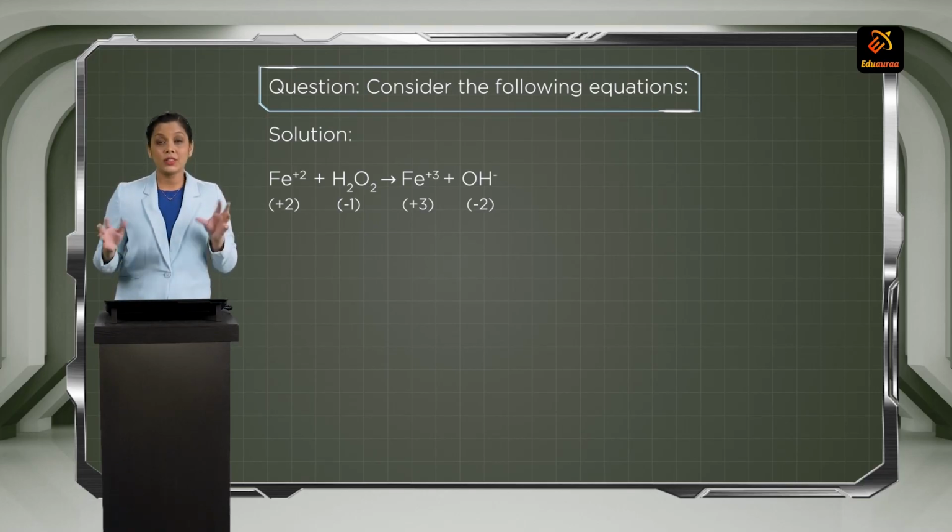Now balancing both the sides, we get 2 Fe plus 2 with H2O2 giving us 2 Fe plus 3 and 2 OH minus. Now students, for the second equation, that is MnO4 minus permanganate ion, manganese is in plus 7 and this is the highest possible oxidation number for manganese. So students, in acidic medium, it will be reduced to Mn plus 2